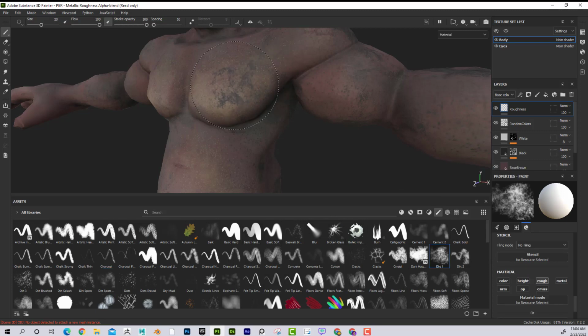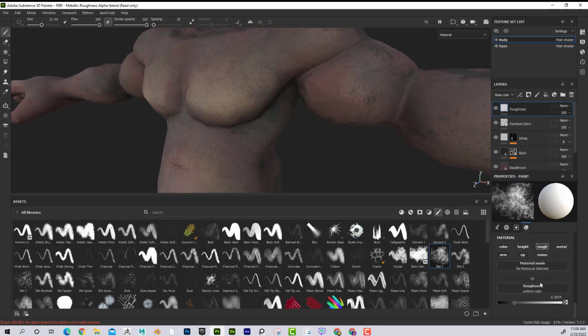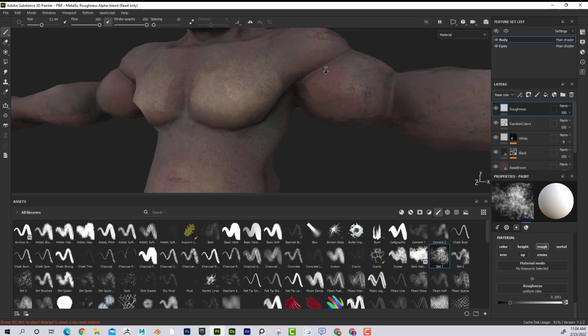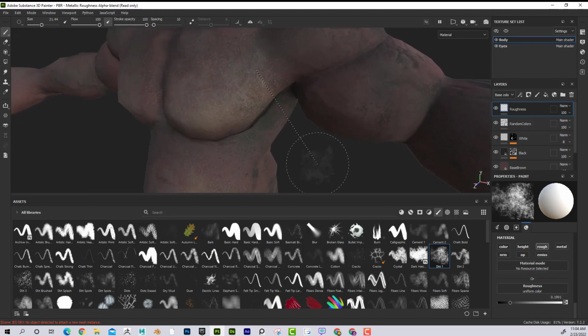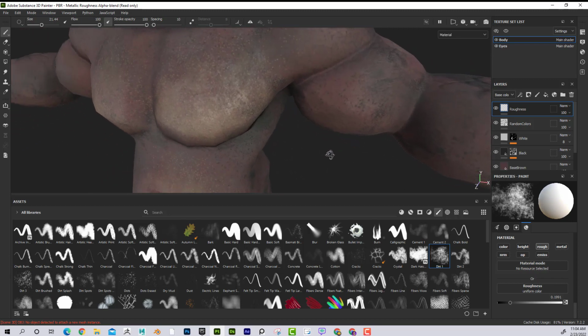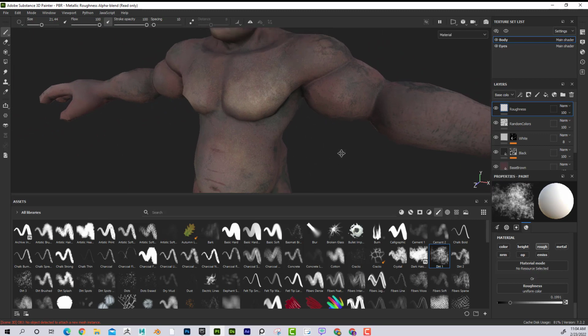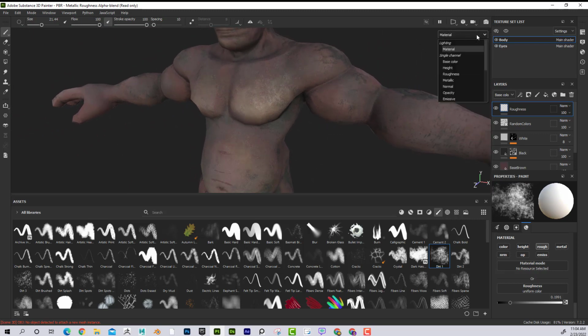Maybe this one here. And now I have my roughness. So if I go up, it's going to look wet or shiny. And this one's going to look super dry. So I'm going to bring it up here. And if I paint like that, I can see when I move the lighting how much that kind of adds to it. Okay, and before I go too much farther, I'm going to go like this,